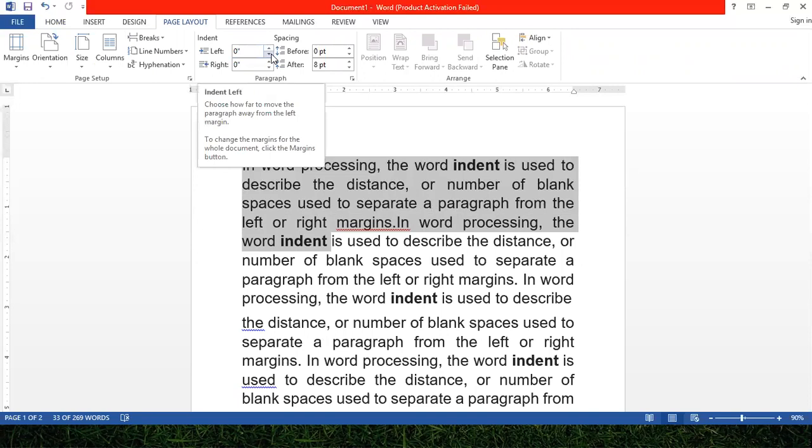Now here two arrows are given, right? When you click on the up arrow, the indentation space will increase, and when you click on the down arrow, the indentation space will decrease. So let's increase the indentation space and see what happens. Click on the arrow above here.